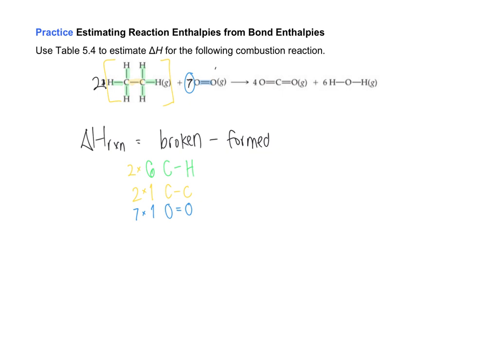Let's look at the ones that got formed. I'm going to draw them on the right side. We have 2 carbon-oxygen double bonds, but there are 4 of these molecules, so times 4. And then we have, I guess I'll do it in green, 2 oxygen-hydrogen bonds here. Single bonds. But there are 6 of them, so times by 6. So now what we're going to do is actually look up the values for each of these and plug them